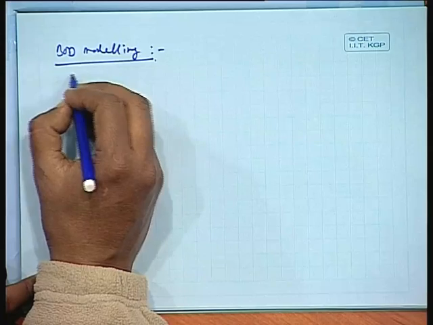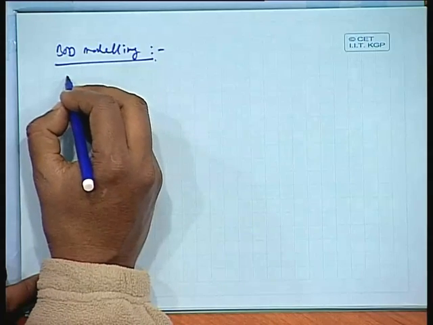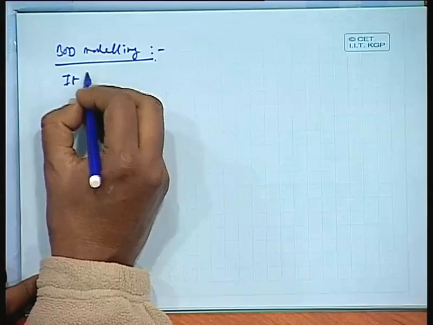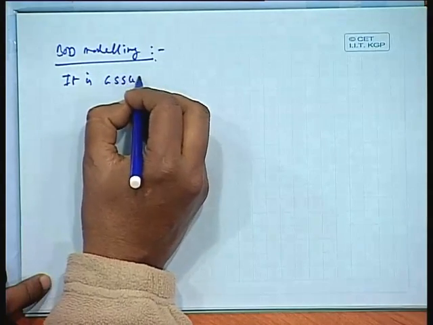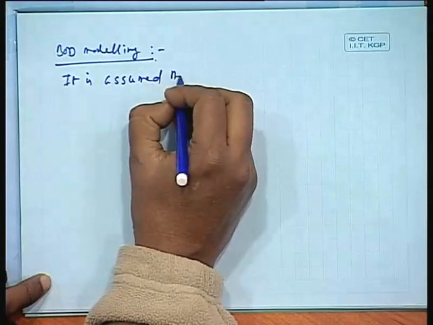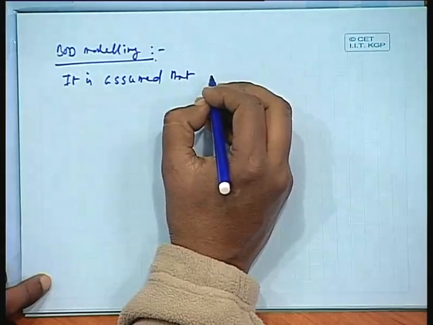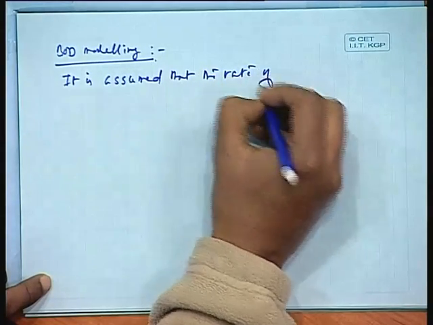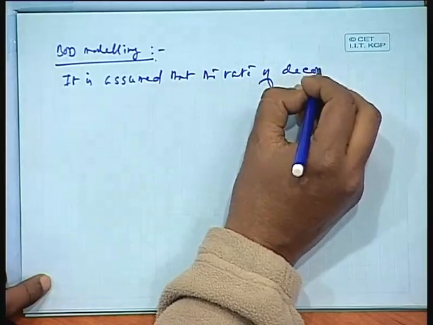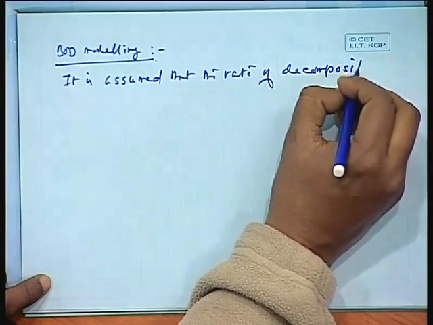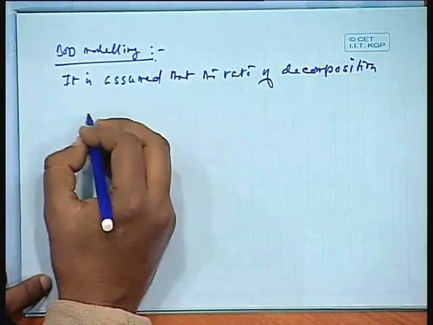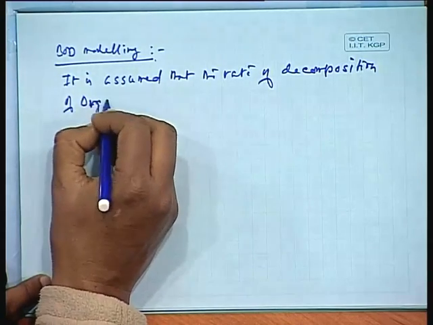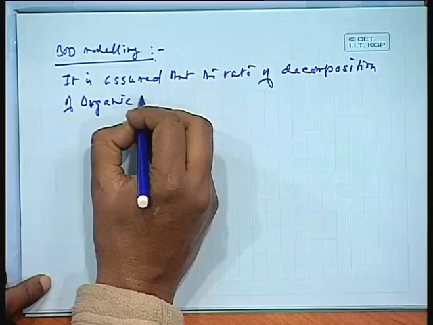Generally in first order modeling, it is assumed that the rate of decomposition of organic matter,